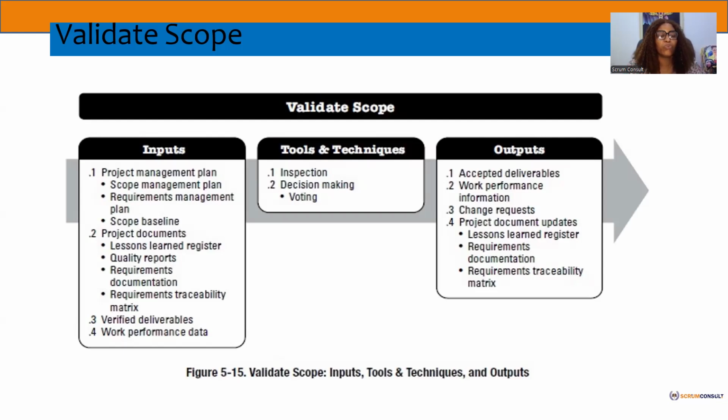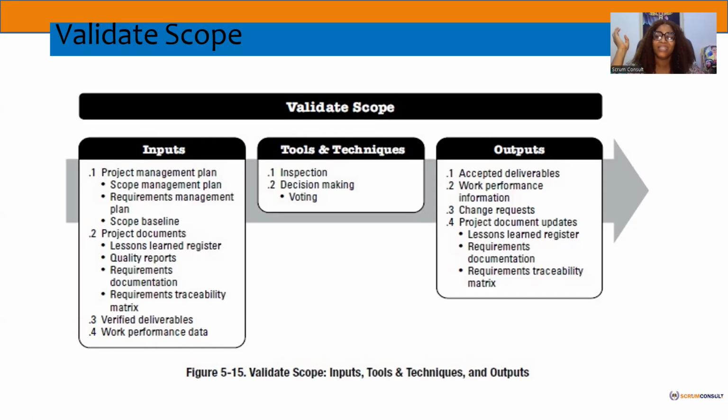So at this point, we want to come in. For us to validate, we need to come in with our plans, scope management plan, because we might still have information. The requirement plan, this scope plan and requirement plan would have documented the method that we are going to use in validating. So we don't just wake up and say, oh, we are validating. How are we going to do the validation? Are we doing demonstration? Are we doing reviews? Are we doing inspection? Are we doing experimentation? To the stakeholder. So they have to come in at that point, and we need to know what was the agreed guideline on how we should as a team validate. That's why you have the scope and the requirement plan and any other scope baseline.